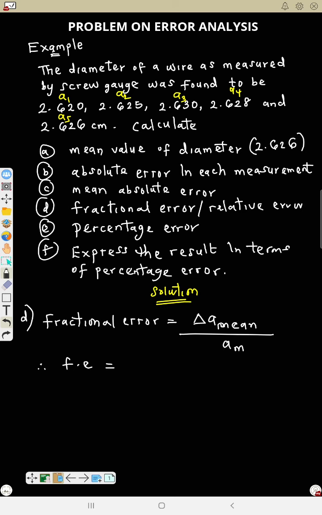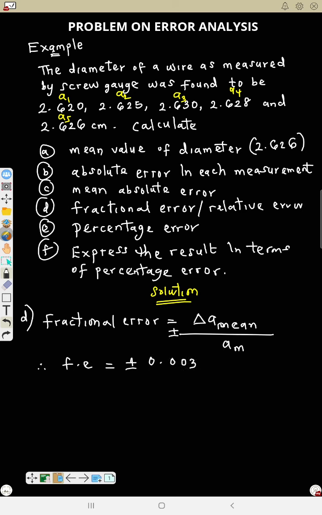Our mean absolute error is 0.003. So put plus or minus here. That means this will be plus or minus the final result